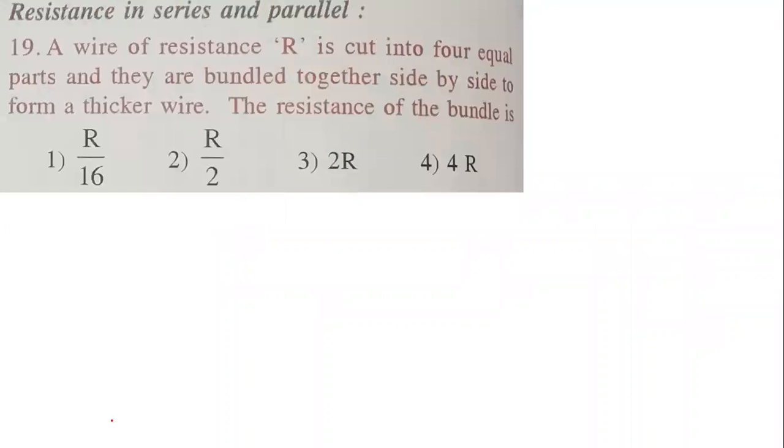So now we'll go for resistance in series and parallel. Let me discuss some of the topics related to resistance in series and parallel on this side. What is the formula when the resistors are connected in series? Rs is given by R1 plus R2 plus so on plus Rn. If all are equal, it will become n times R, which means the resistance increases when you connect in series combination.